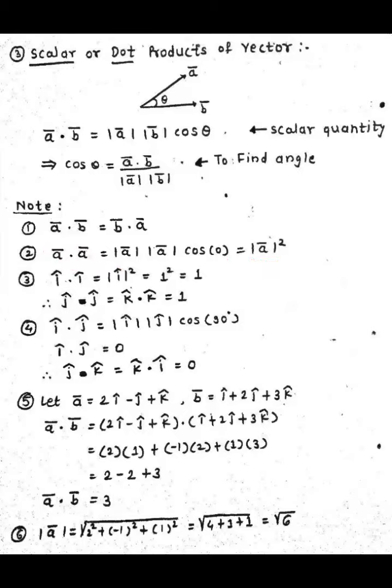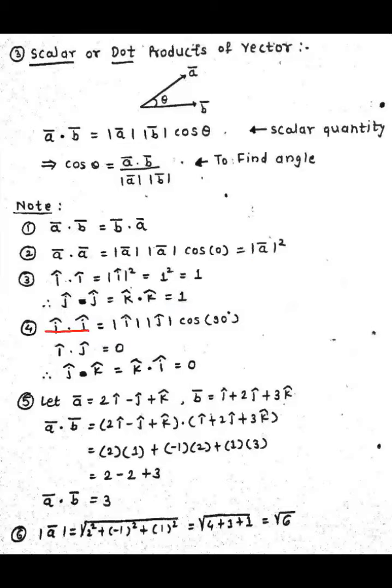Similarly, if we take the dot product I cap dot I cap, then we will obtain magnitude of I cap square. And everyone knows that the magnitude of I cap is 1, then 1 square is 1. So similarly, we come to the same conclusion about J cap and K cap. The product J dot J and K dot K is 1 here.